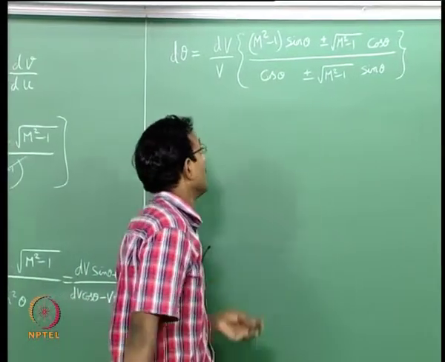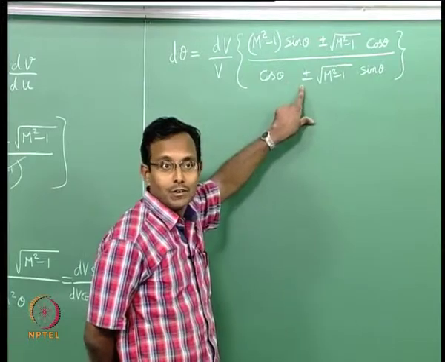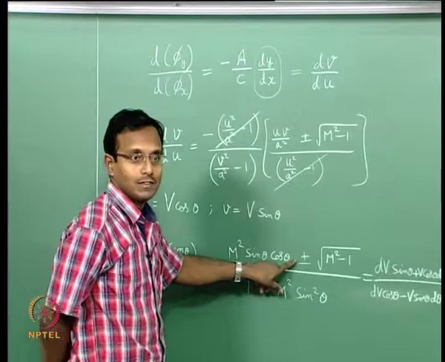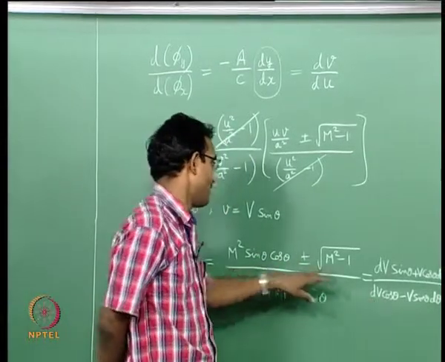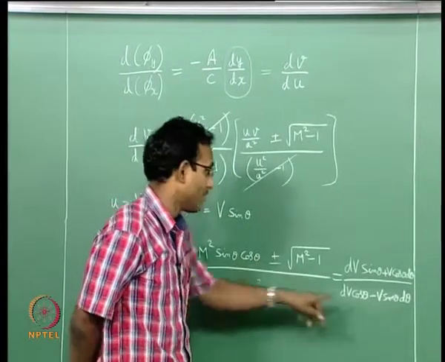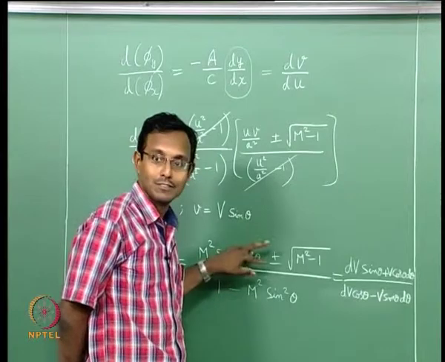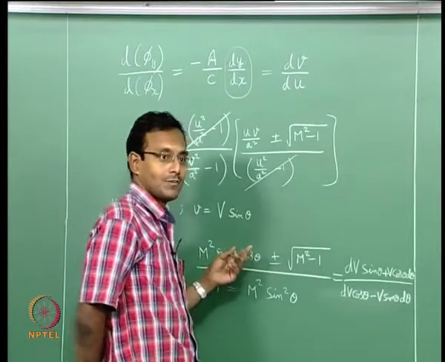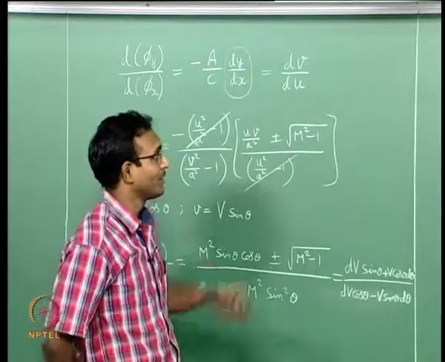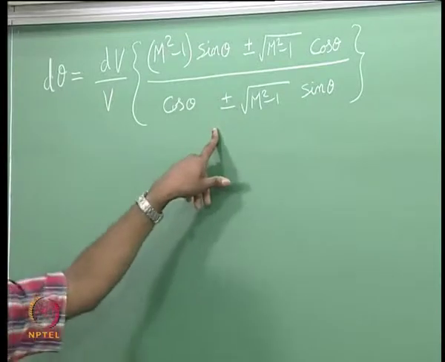Okay. Now if I look at it, I am having plus minus in the numerator and in the denominator. How did this come up? I am having a plus minus here, and there is one term which will have a dV with plus minus, other term will have d theta with plus minus, and remember when I put a minus d theta multiplied with this, plus minus will become minus plus, but when I rearrange it to the other side of the equal to sign, it will again become plus minus. That is how it got to be plus minus in the numerator and denominator out there finally.